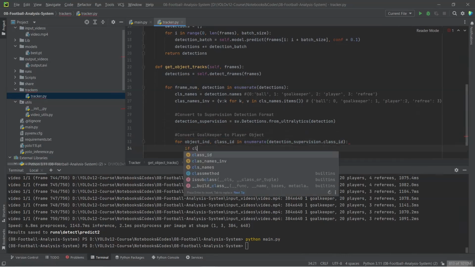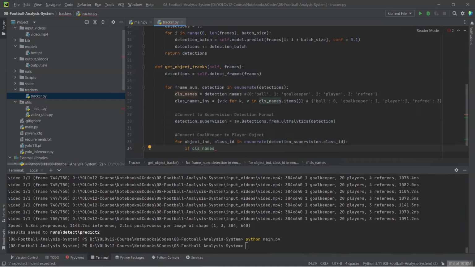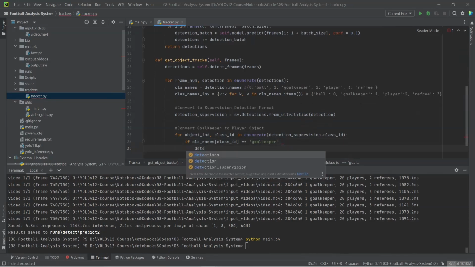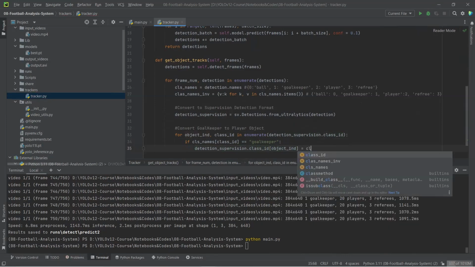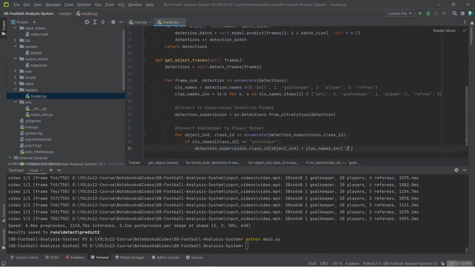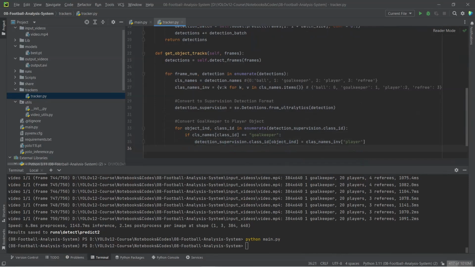Okay, and we just write if class names class ID is equal to goalkeeper, then you just write detection supervision dot class ID. Then we have this and we have this, and so we are just converting goalkeeper to player object. Okay,